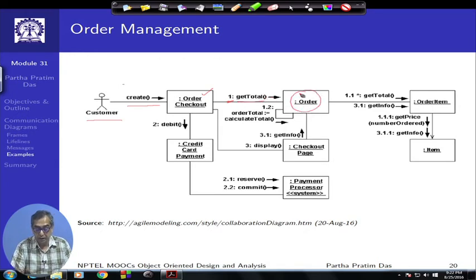You can see that compared to the earlier one, this is written a little differently. For example, here for every message there is a function operator notation which is used. These are all optional. After get total has happened, naturally the order object needs to know what are the items that exist in the order. So, it sends the next